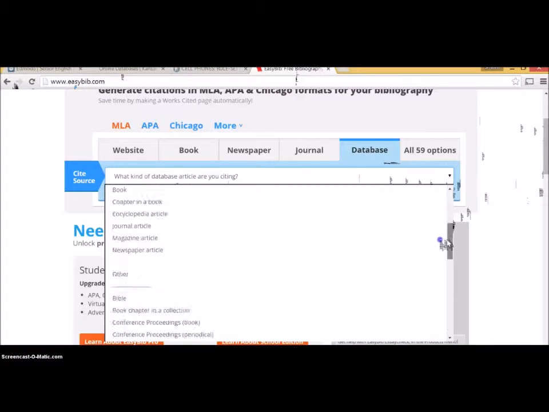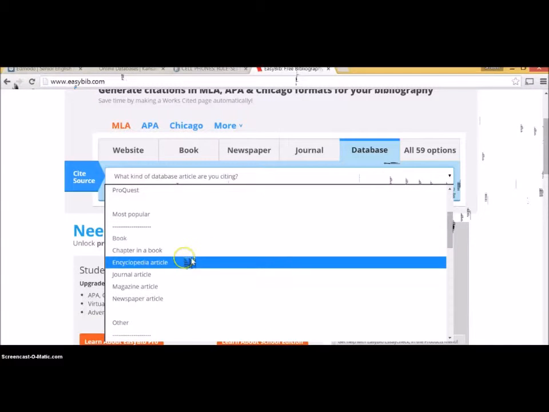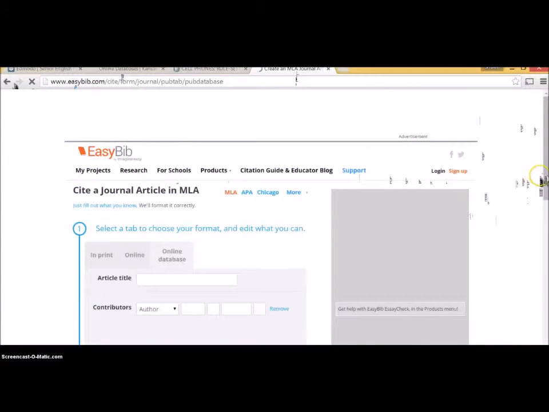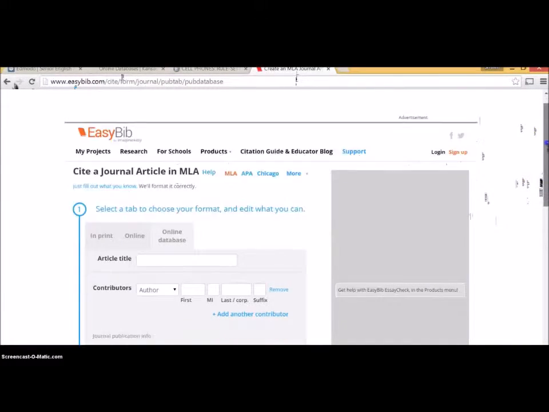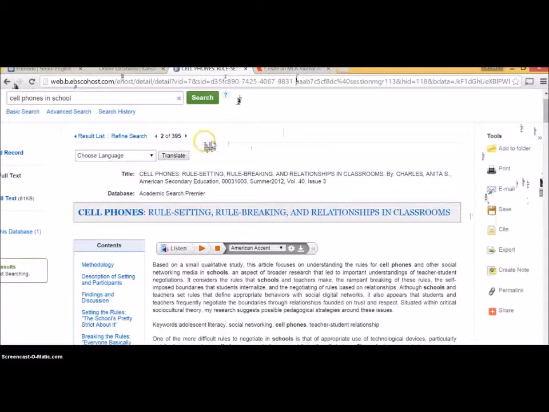Well, you know what? This, as we know, is an academic journal or a journal article. We're going to click on Journal Article. From there, EasyBib's going to pull up this particular information for you. Article title, contributors, etc. And now we just go through the process. So, go back and forth. The journal article itself, the great thing about EasyBib is, go ahead,